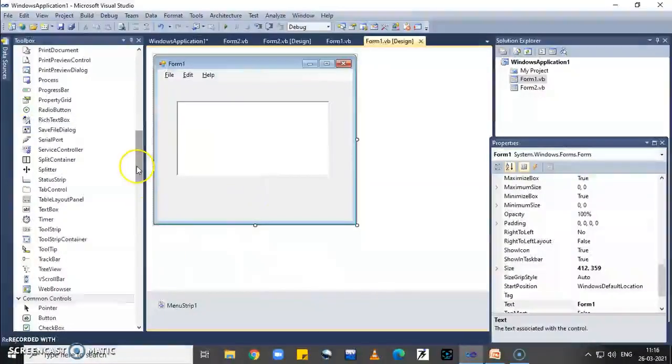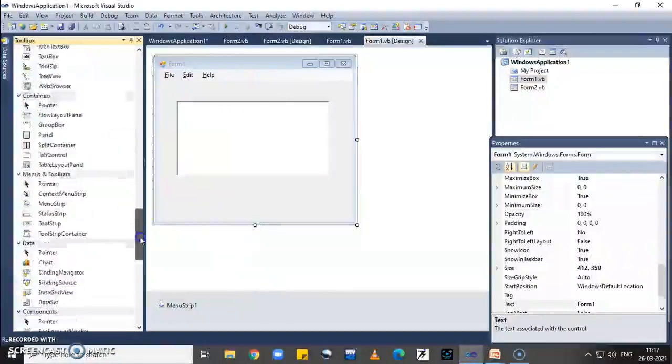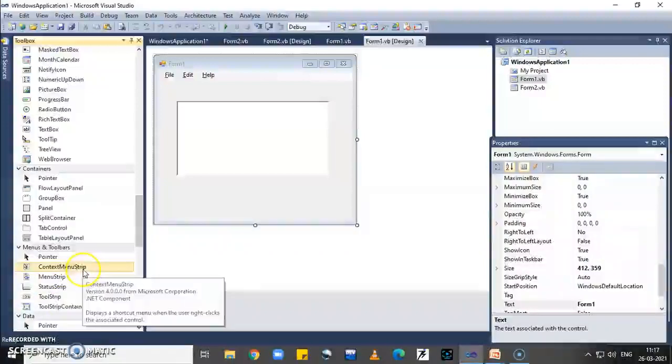Now whenever we right click on some toolbox, a window opens. This window is called a pop-up window, and in this window some menu items are created. So to create a pop-up window, I have to put a context menu strip.